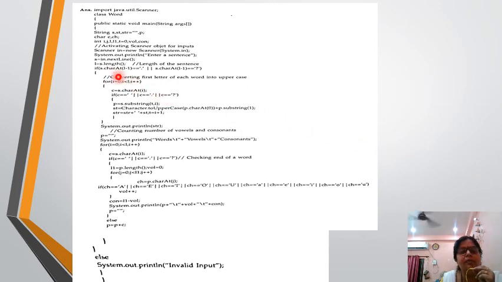This is the program: you are going to do it with the help of your string functions, library functions. You have to see it stepwise. You can go through each and every line of the program. If you are not able to understand, you can ask me on my personal WhatsApp number.